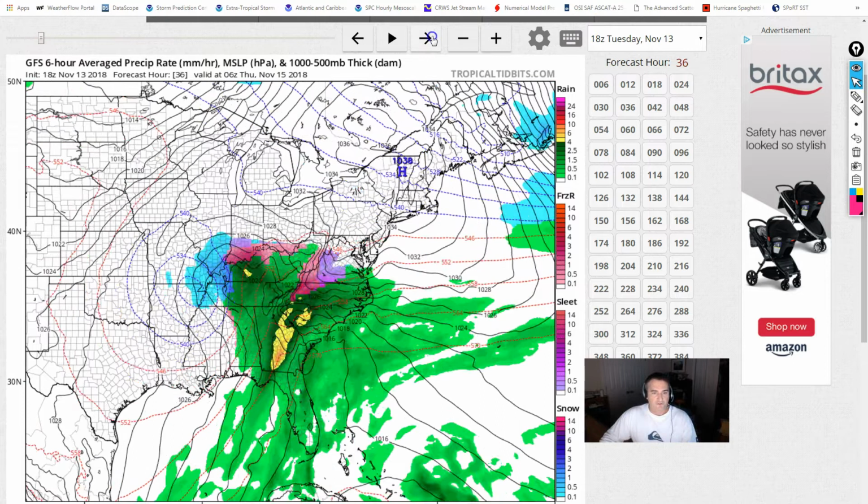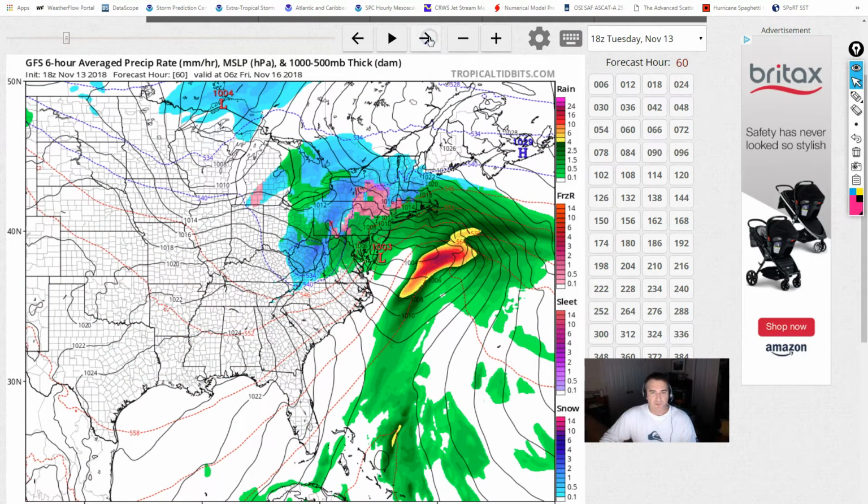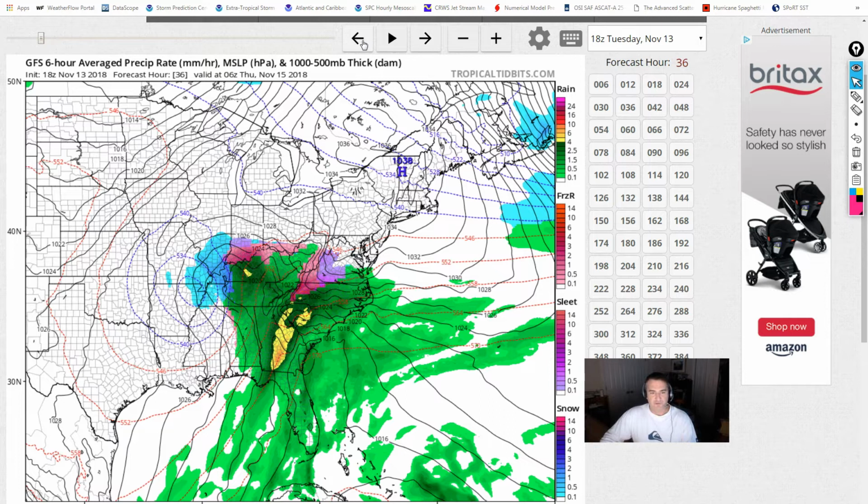So if we run forward in time, we see that low wrapping around. You can see that wintry weather, that wintry mix occurring around the western side of that low, and it looks like a pretty nasty system overall, pretty messy for the East Coast. The higher elevations, of course, getting some of that